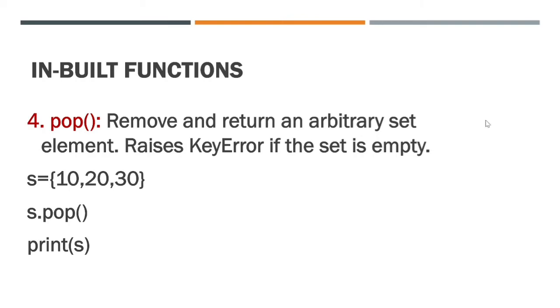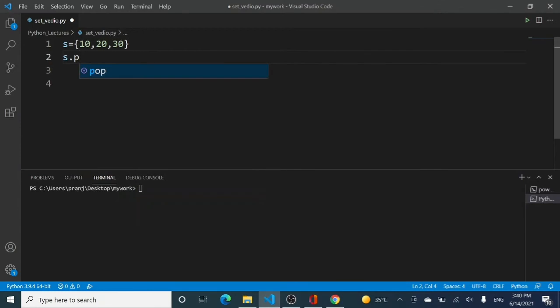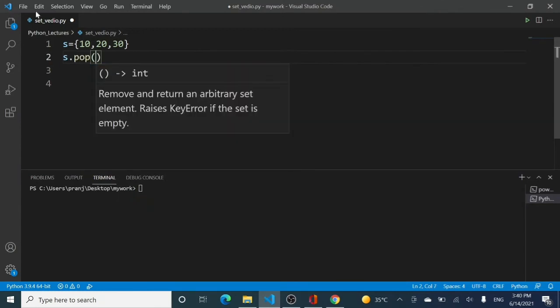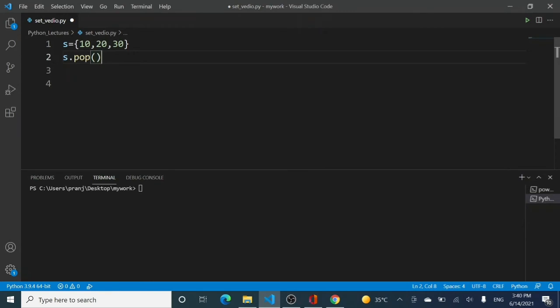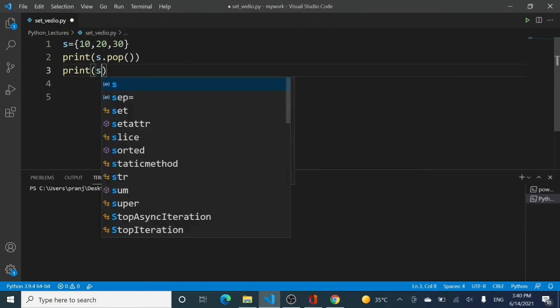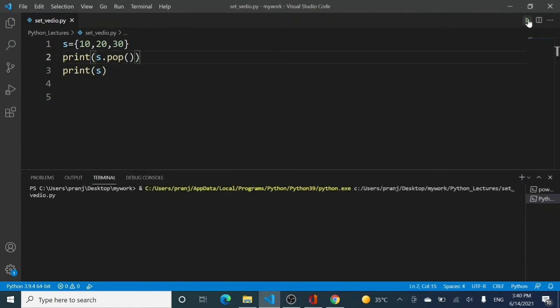Let us see the pop method. So here I will be calling the pop method on my set, and it's better to pass it into a print statement, because pop actually returns the value. So every single time I call this, you will find what it is returning or removing from the set. But we also want to make sure that the value has been removed, so let us print S also. If I run the program now, you can see that it is removing 10 out of it. 10 is not the last element, and you can see that 10 has now been removed from the set also.